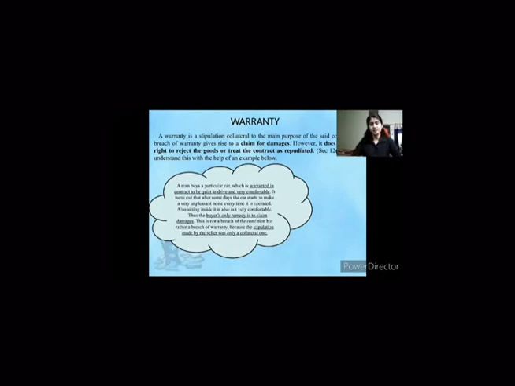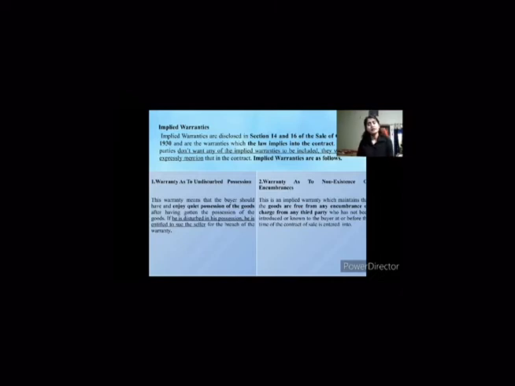वारंटी के भी दो टाइप्स होते हैं, इम्प्लाइड वारंटी एंड एक्सप्रेस वारंटी. इम्प्लाइड वारंटी वो होती है जो लॉ के थ्रू इम्प्लाइड होती है। हो सकता है वो कॉन्ट्रैक्ट में मेंशन ना हो, बट स्टिल लॉ उसे इम्प्लाई करता है, दोनों पार्टीज को उसे मानना होगा। और अगर वो मानना नहीं चाहती हैं तो उनको एक्सप्रेस करना पड़ेगा कॉन्ट्रैक्ट में कि हम इम्प्लाइड वारंटी को नहीं मानते हैं, दो आपसी अग्रीमेंट के बाद। इम्प्लाइड वारंटी के भी 4 टाइप्स होते हैं। द फर्स्ट वन इज वारंटी एज टू अनडिस्टर्ब पोजेशन।